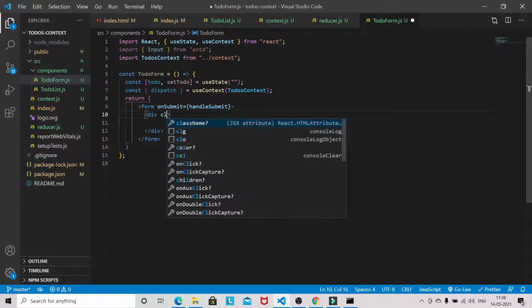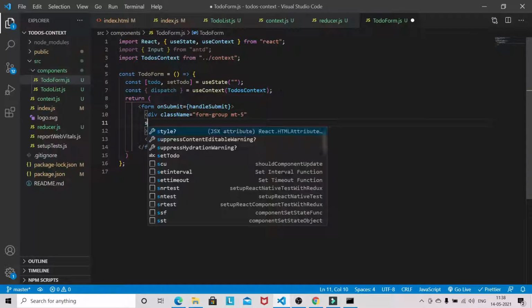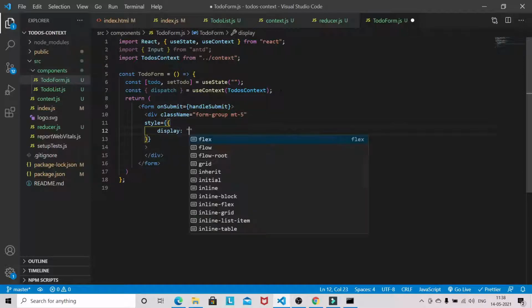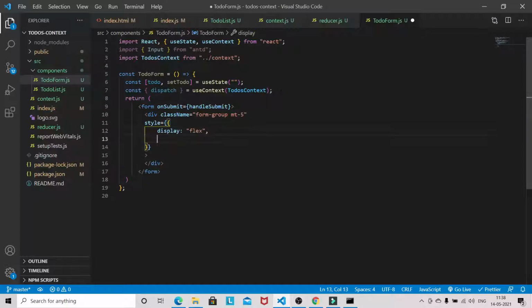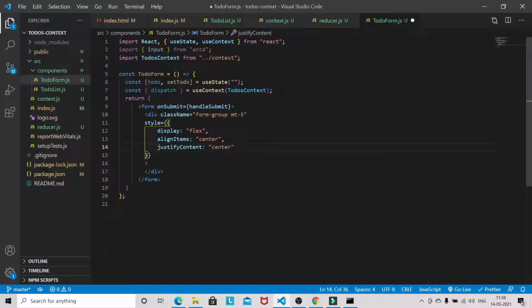So this class name form-group, and we need to provide some margin top, and inside this we need to add some styling. So the style will be display flex, align items center, and justify content.